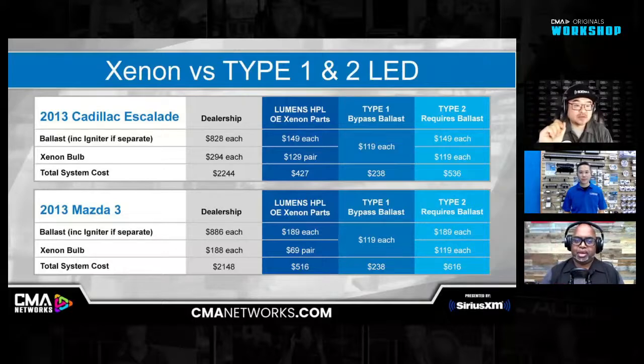Yes, Ramesh, I have my hand up about the Type 2. Go ahead. Interesting. We were looking at the pricing and just kind of shouting out to dealers and consumers. Before you discard Type 2, based on the cost analysis and run back over to the Xenon parts, I wanted to underline what Chris did say, which was, in the Type 2 scenario, you're probably not going to purchase a ballast replacement, right? So that math includes the ballast replacement at 536 and 616, but in both cases, you're